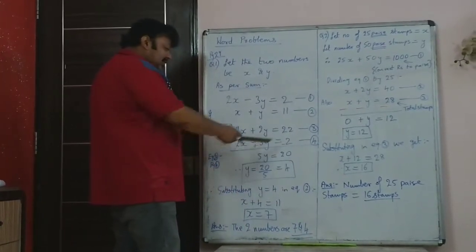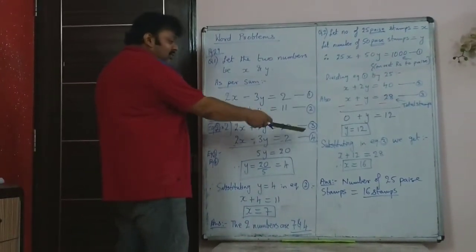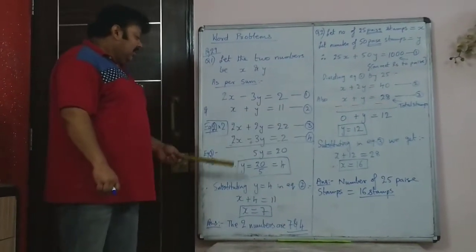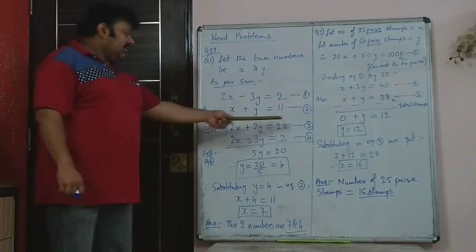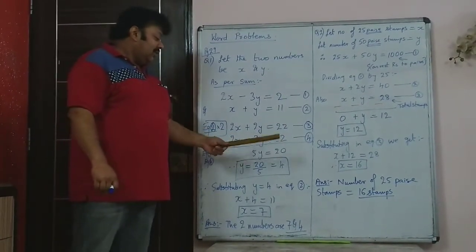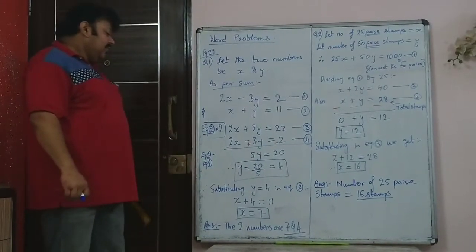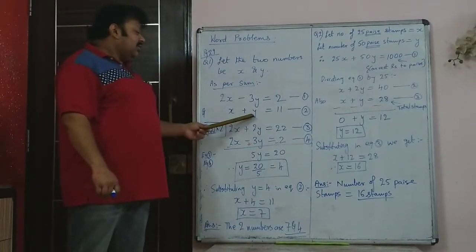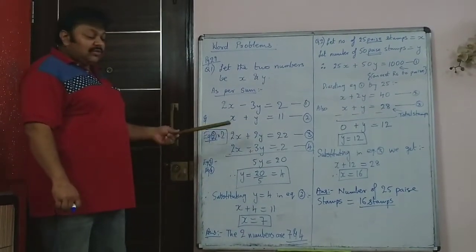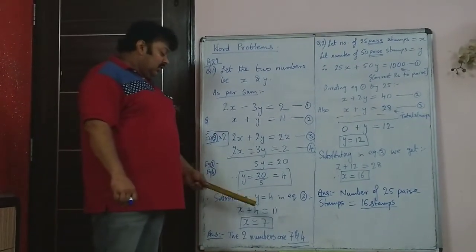You can call it as 3 or you can even 4 or you can even retain the number as 1, because it's just the same equation. So now when you minus this and this, you will get 5y equal to 20 or y is equal to 4. So once you have got y, you can substitute y is 4 in the second equation, which is the simplest, so you will get x is equal to 11.